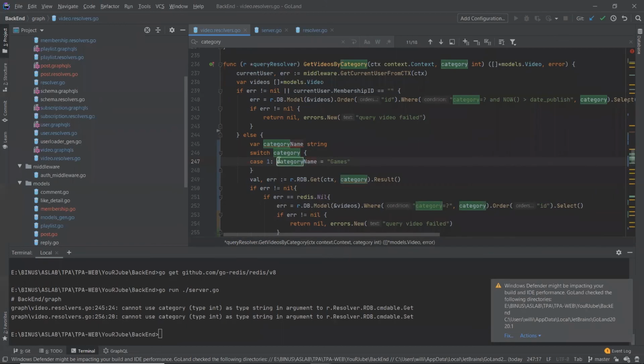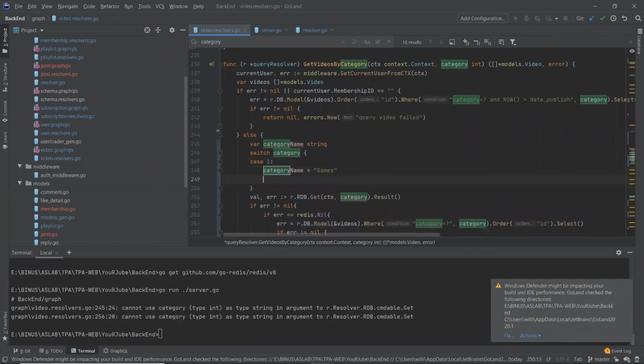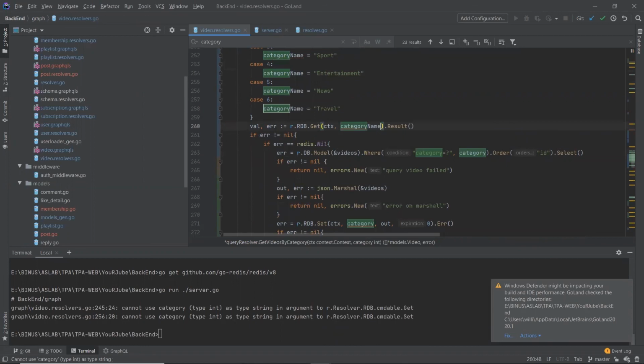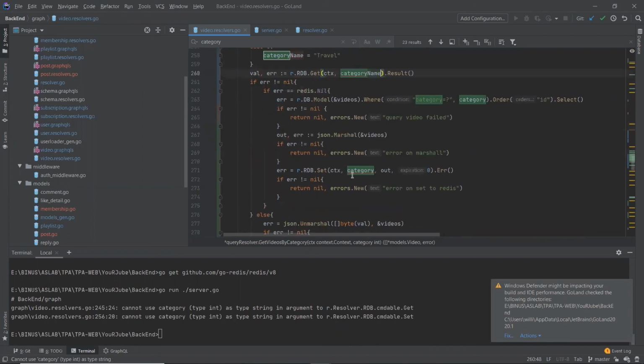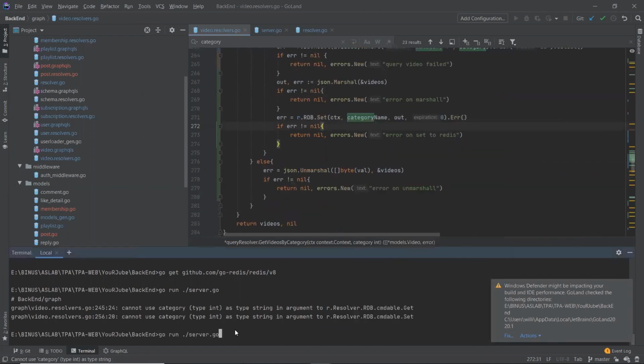We can also do case 2, and first I fill the case values, then we're done making a switch case for our category name. So if 1 is music and 2 is games and so on, then we're going to get the Redis value by the category name. Okay, done. We're going to run our server.